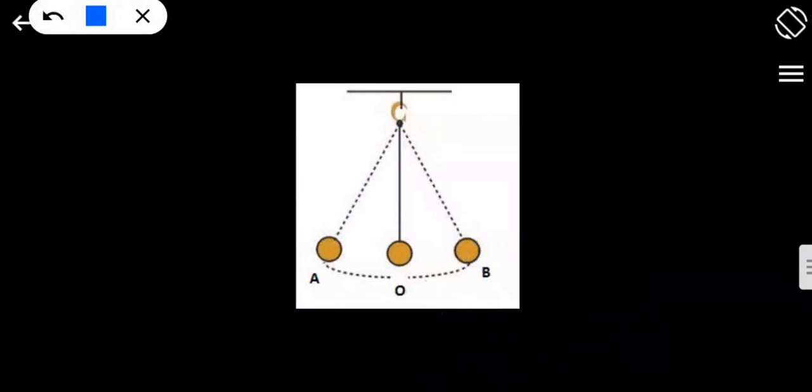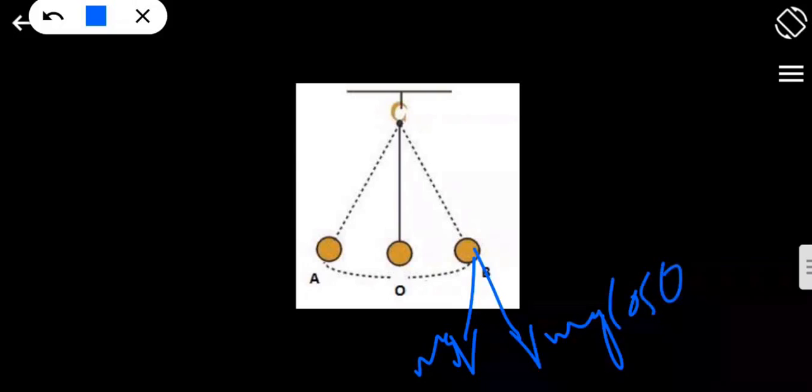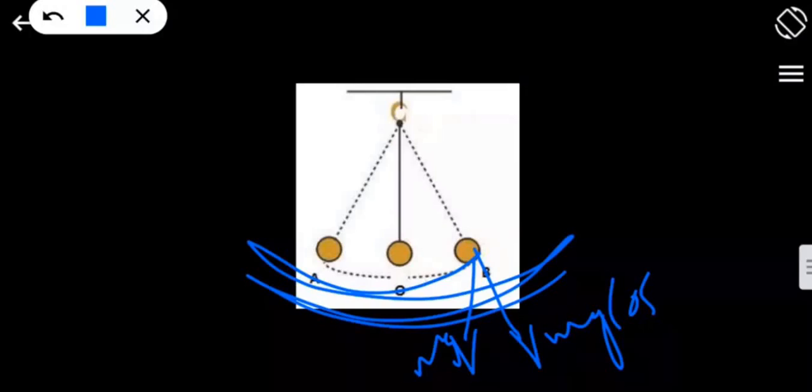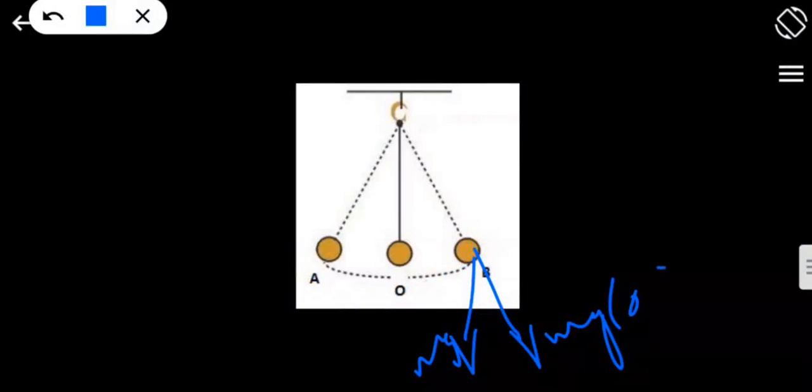This is mg, okay, this is mg cos theta. Now you can say, sir, mg cos theta is present. Now what happened with mg cos theta? Because of the mg cos theta, you can think that this pendulum may move in this direction, okay, but exactly it is not happening. Is this pendulum going in this direction? No, this pendulum is oscillating like this. This pendulum is not going in the mg cos theta direction.